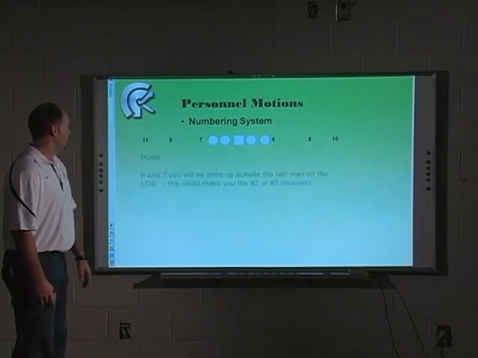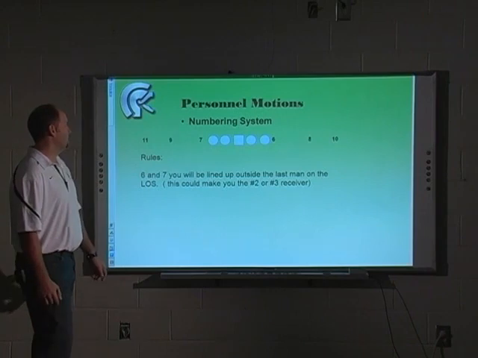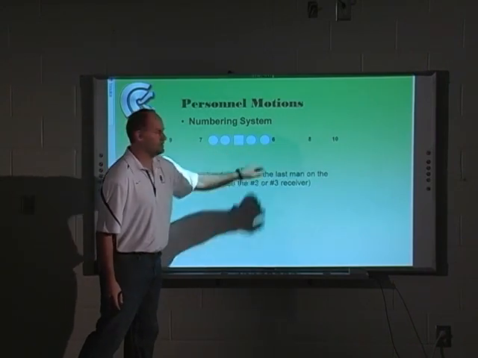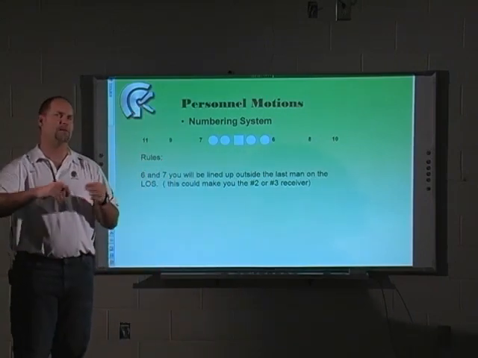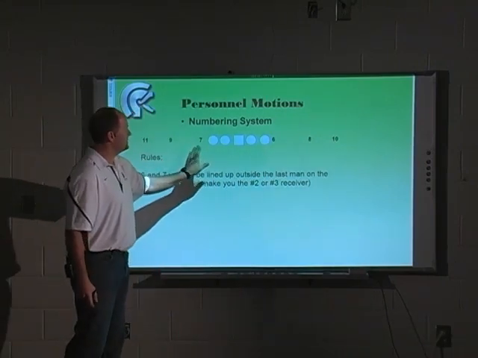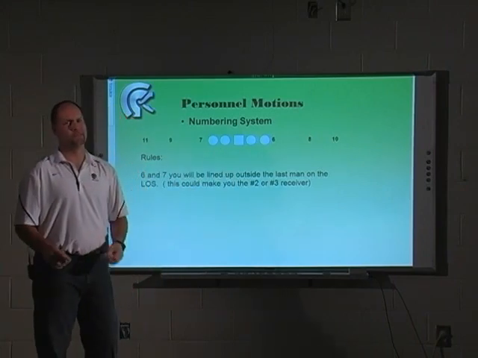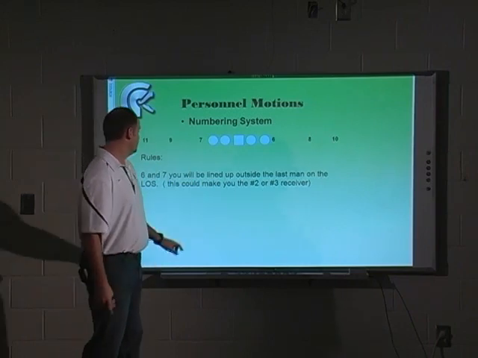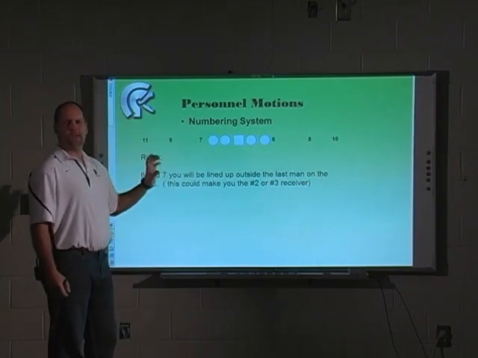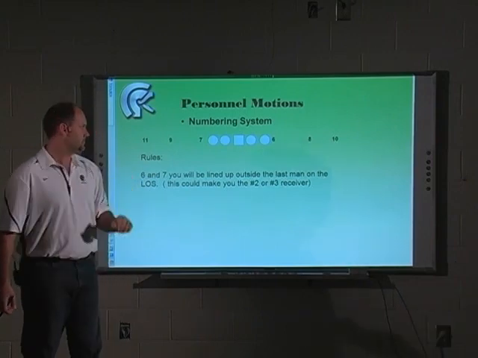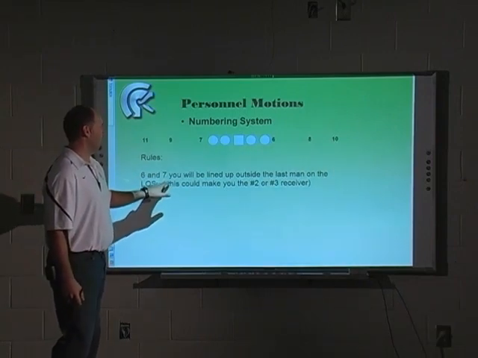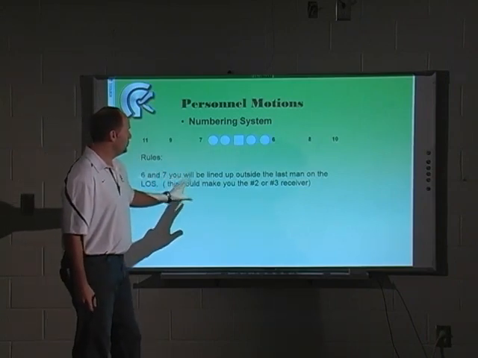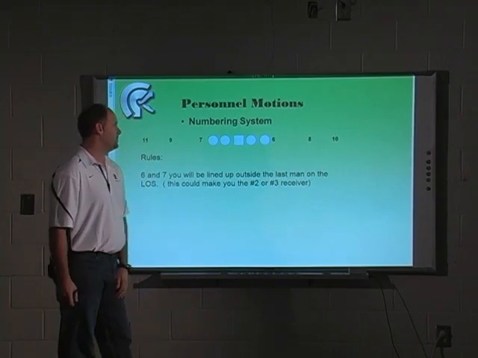That numbering system has a set of rules, and the rules are as follows. If my guy is told to go to a 6 or 7, what that does for him is tell him he must end up with his motion to the last man on the line of scrimmage. Now realize that that could be a tight end as well as a tackle. What we also tell him is if we're talking about passing routes, he needs to realize that he's not always going to be a number 3 receiver in this case. He could be a number 2 or 3. And we'll show you some examples of that here in a minute.